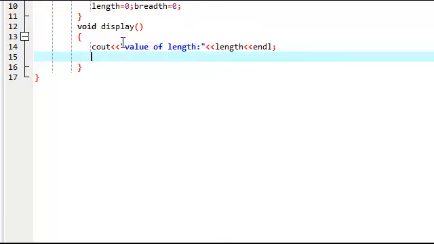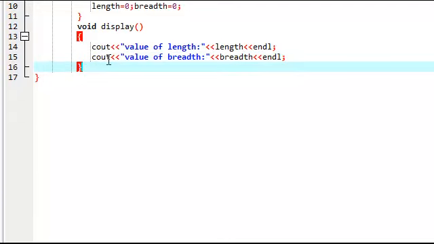Next, I write again cout, then insertion operator, then within the double quotation value of breadth colon, then again insertion operator, then the name of the variable breadth, again insertion operator, and the new line character.